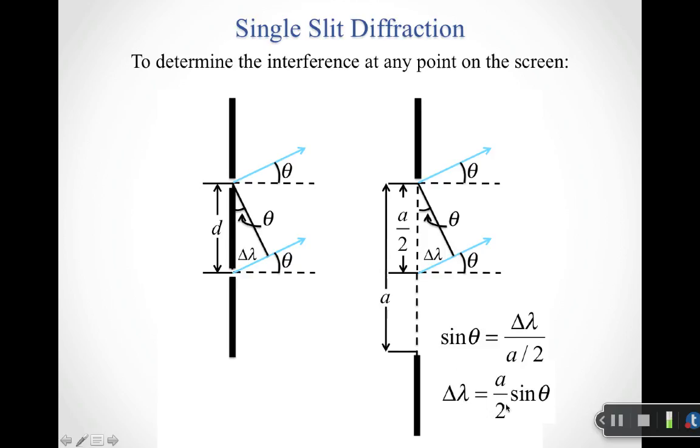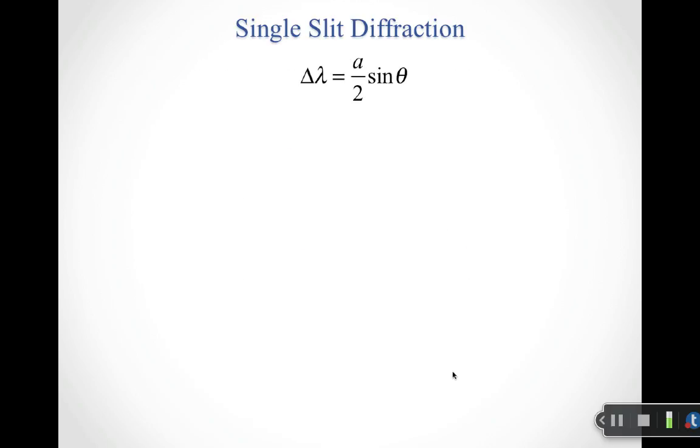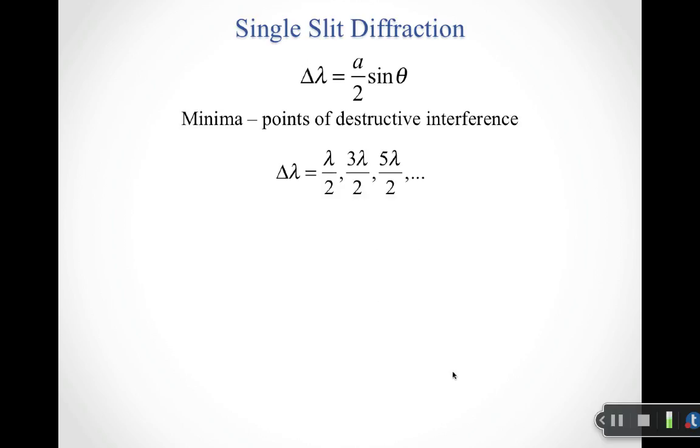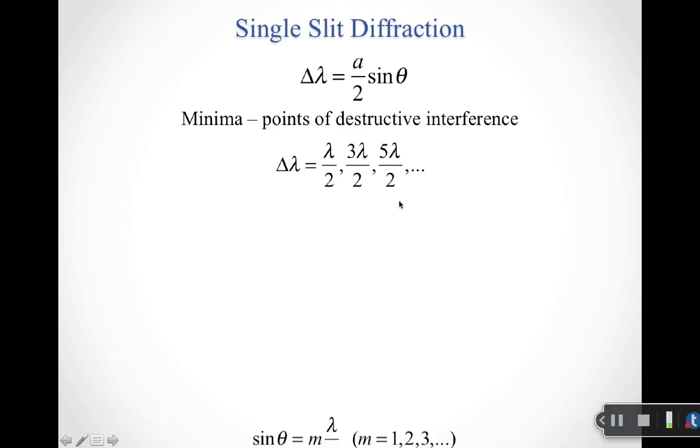And so the path difference is just going to be a over 2 times sine theta. If what we're interested in is points where we get cancellation, where we get a diffraction minimum, then I'm going to come back and take this path difference and say that those minima occur because I've got destructive interference, which means I need path differences equal to half a wavelength or 1.5 wavelengths or 2.5 wavelengths. And so when I plug that in on the other side, this is going to cancel out, and I'm going to be left with